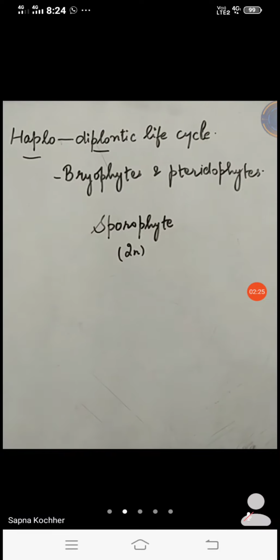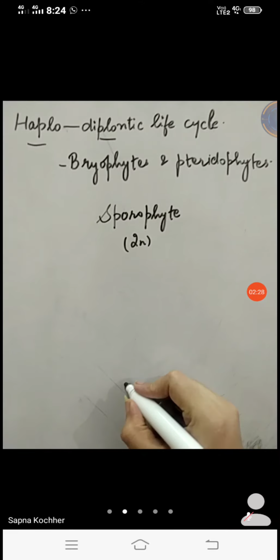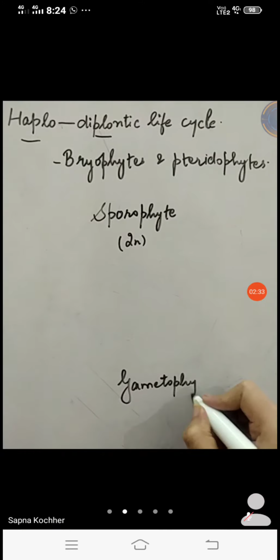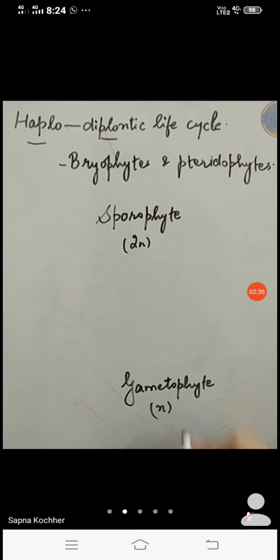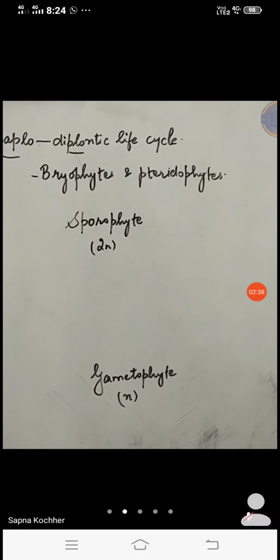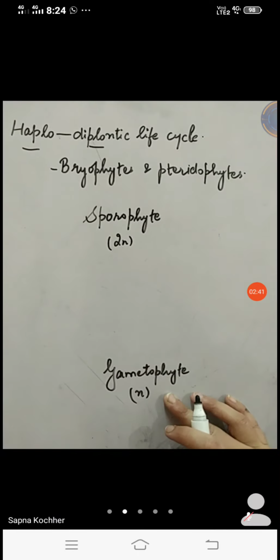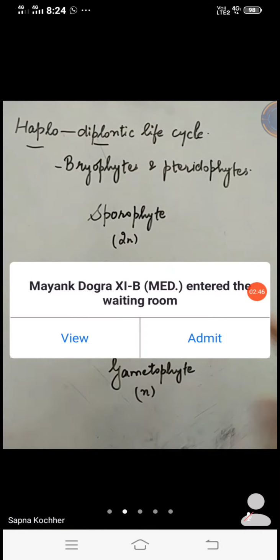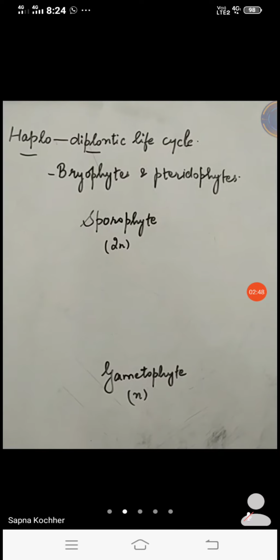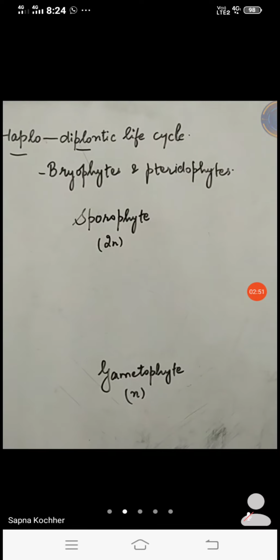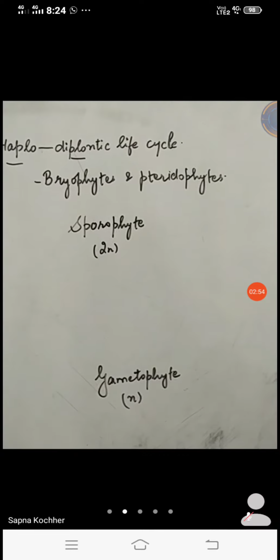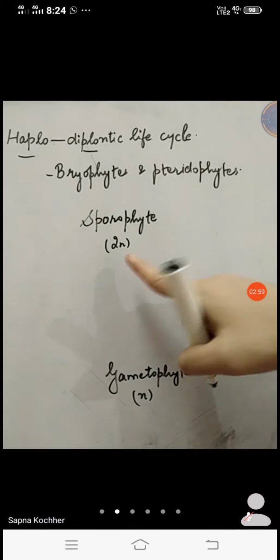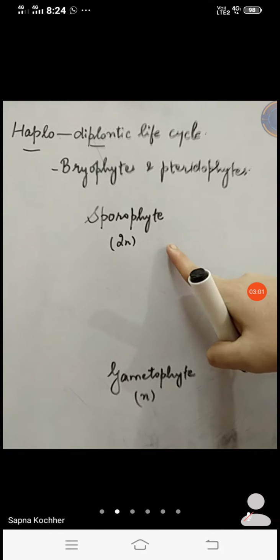Now it has to produce the gametophyte. The sporophyte has to alternate with the gametophyte. This is a gametophyte. This is also a free living type of plant body. So when both plant bodies are present, that is, a sporophyte plant body and a gametophyte plant body, there are intermediary stages that lead to the formation of these members. That is the sporophyte leading to the formation of the gametophyte further. So how will this sporophyte lead to the formation of a gametophyte? This is 2n and this is n. So it will undergo which type of division?